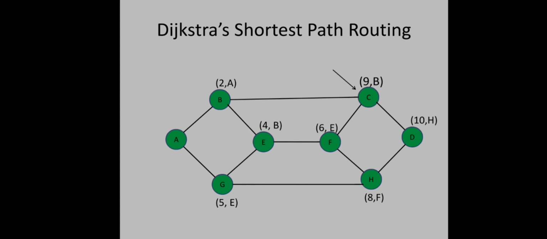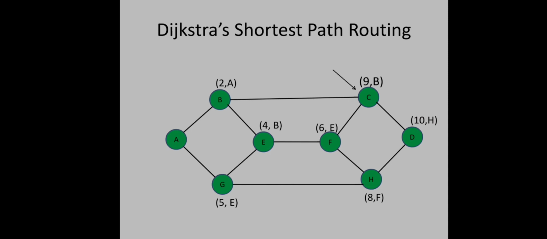So every node in this graph became permanent now, right? You can see that our problem was to find the shortest distance from A to D, right? Now it is 10. The shortest distance is 10 from A to D and it is through H. Here you can see that the shortest distance from H to A is 8 and it is through F. Like that we can retrieve back to the corresponding node. So this is the actual path: A, B, E, F, H, D, and the total distance is 10.